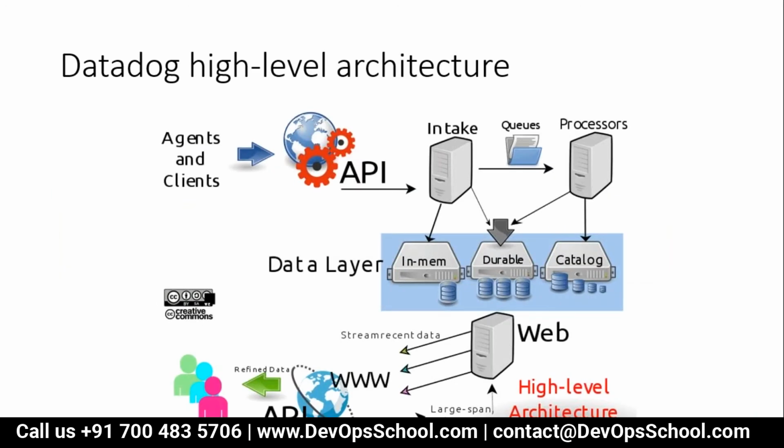So when you look at the Datadog architecture, though very limited information is available, the agent is very important as part of it. The agent sends all the data to one of the APIs of Datadog. The API stores all the data in some places, and from there it is displayed on the dashboard.